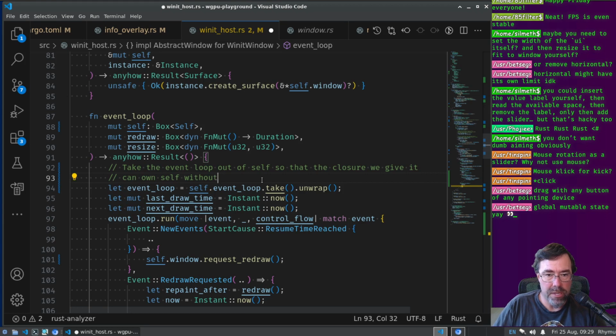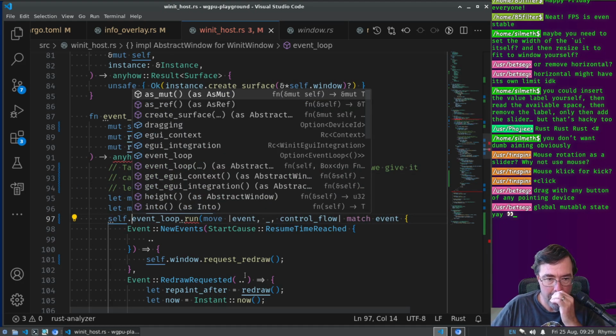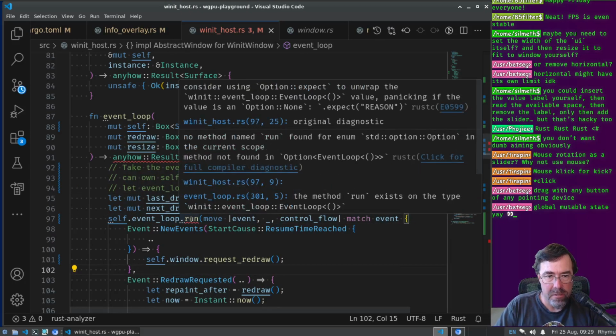Otherwise it can't own self, right? It would get an error that we moved it out. Actually, let's see the error. The error would be, if I comment that out and put self dot, we'll see the error. The error is